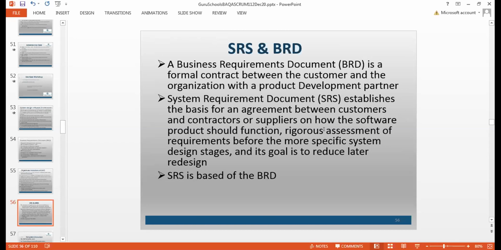And then we build something called the system requirement document, which is a basis of agreement between the customer and contractor or suppliers on how the software product should function. It is a rigorous assessment of requirements before the more specific design stages, and its goal is to reduce later redesign, right?